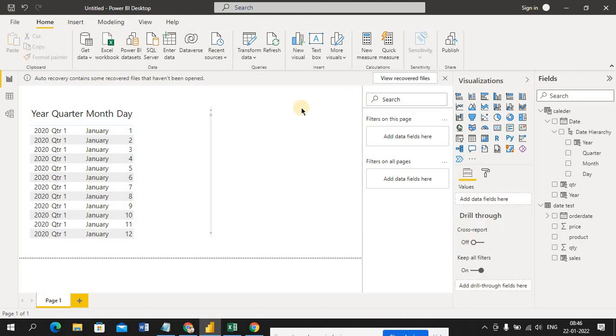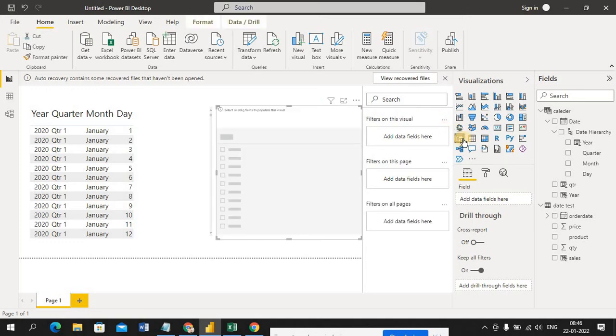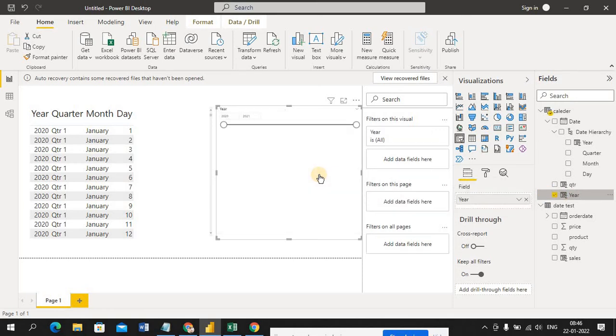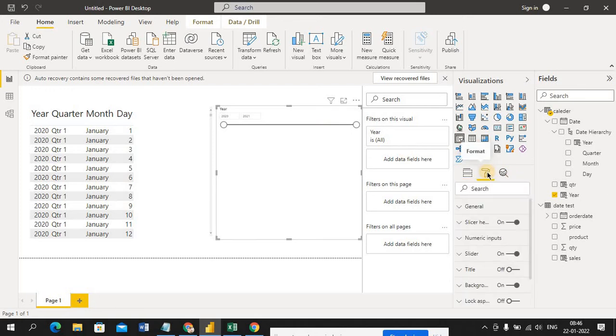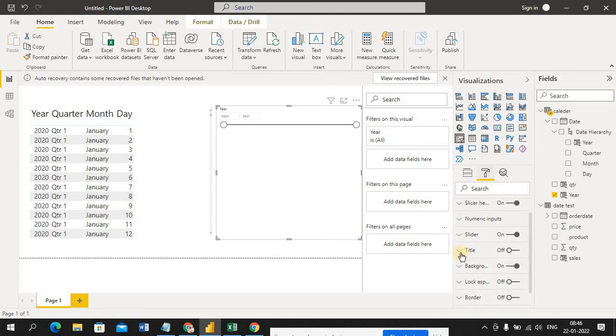Just click on this filter. I want a filter here, so I'm dragging and dropping this. This is a filter, and I'll increase the format and title.